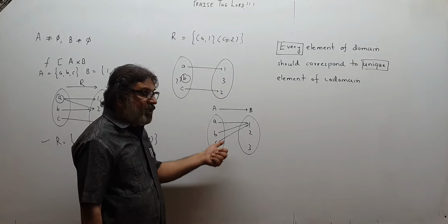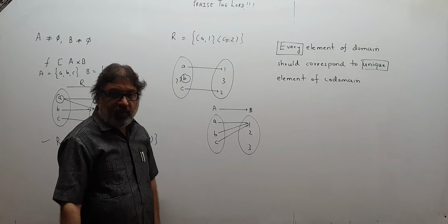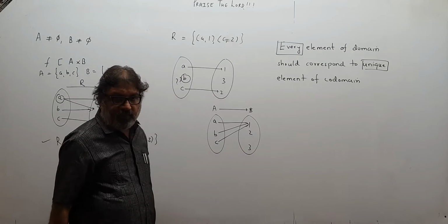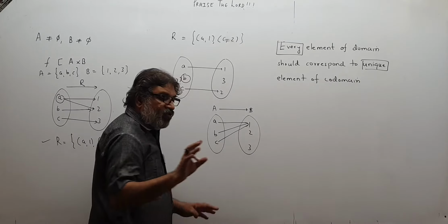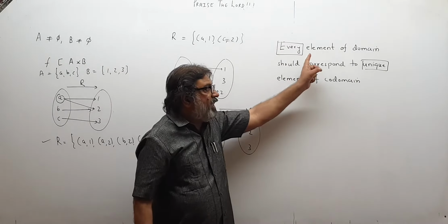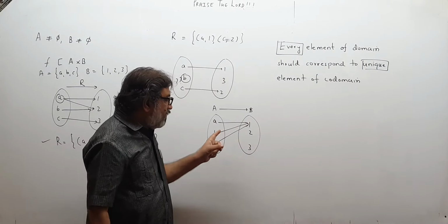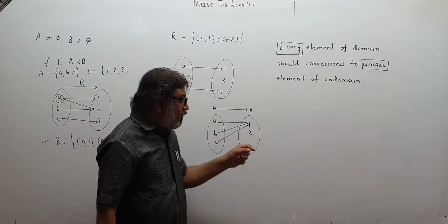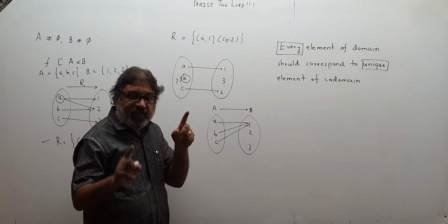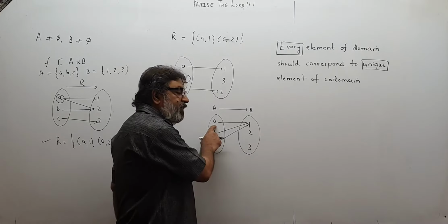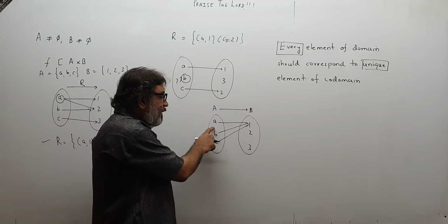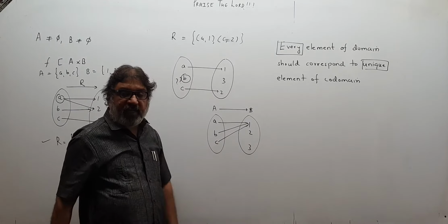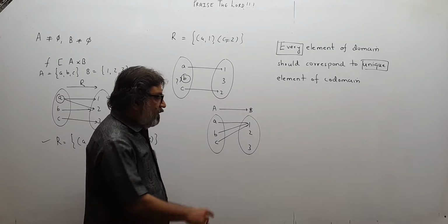And every element should correspond. Is every element connected with some element? Yes. Now you should not worry even if all are corresponding to the same element. That is not our concern. If some are left out over here, that is not our concern. Our concern is every element of the domain. Is an arrow coming out from every element? Yes. Should correspond to a unique element. Is only one arrow coming out from every element? Yes. If every element corresponds to one element, then every element will have only one arrow coming out from it. In layman's language, an arrow should come out from every element. Then it will be a function.